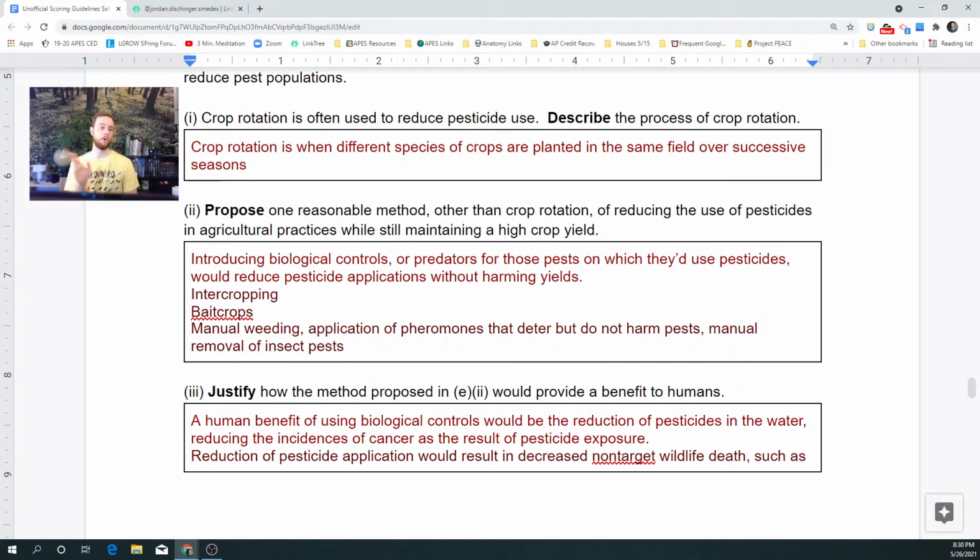Let's go back here to propose a solution and justify a solution. Propose a reasonable method other than crop rotation of reducing the use of pesticides in agricultural practices while maintaining high crop yield. My favorite one is introduce a biocontrol. So introduce a natural predator, an owl to come in and eat bird pests, to come in and bring ladybugs to eat aphids. You don't need to know a specific example, just a biocontrol, which is a predator to eat